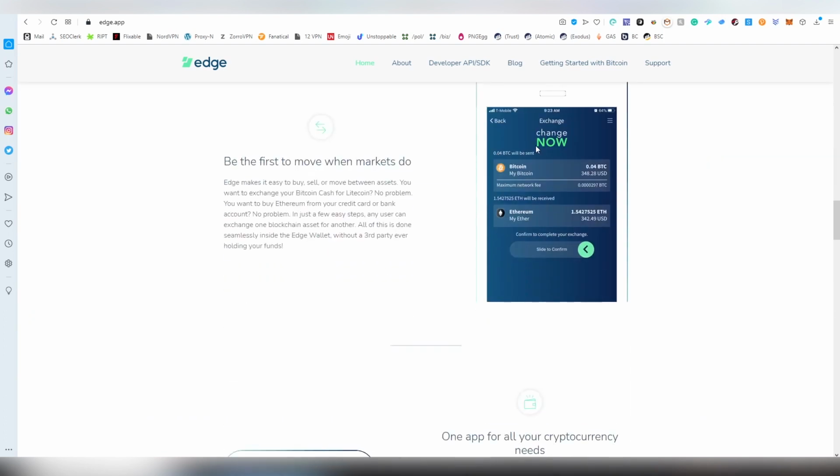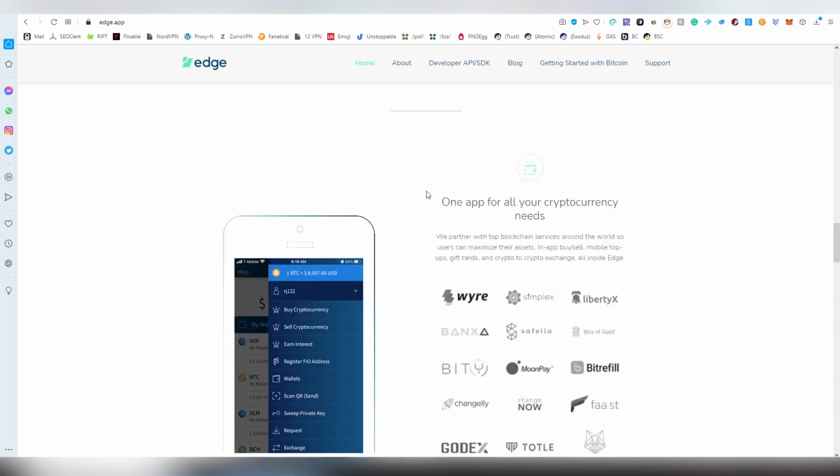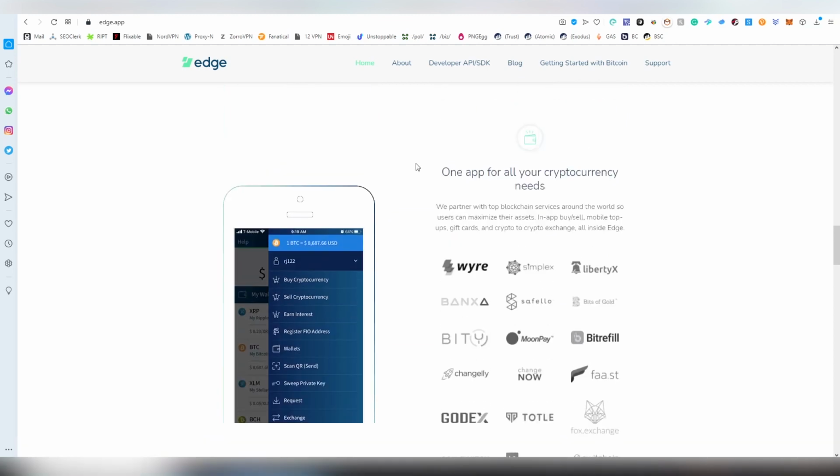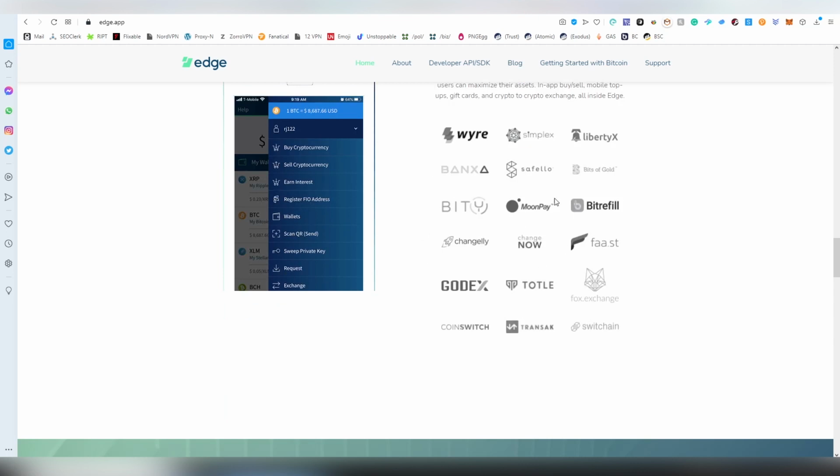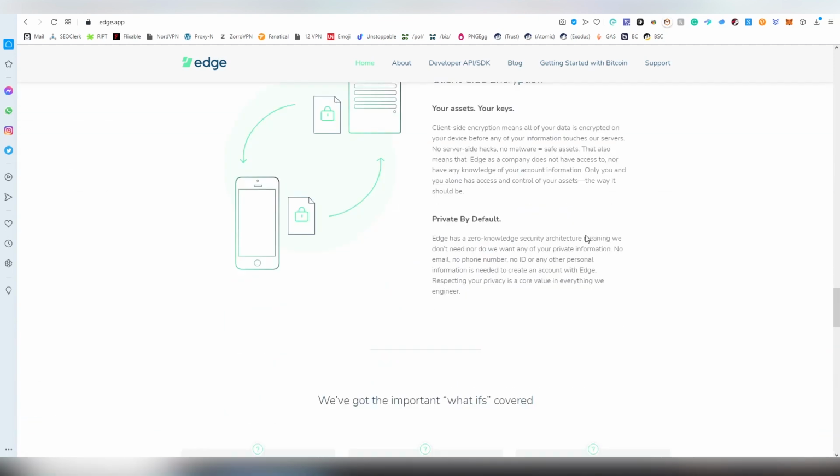And then there's an inbuilt Change Now exchange. I have reviewed that also on the channel, and I'm going to leave a link down below for that as well. And there is also Simplex, MoonPay, and other things you can use to buy cryptocurrency within the app. But let's